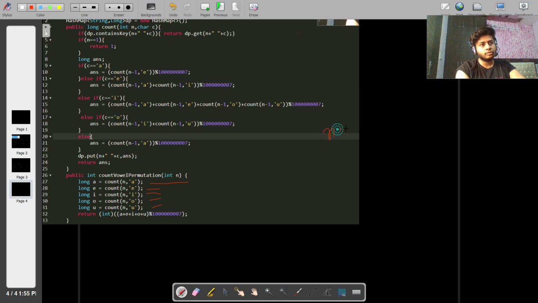So let's take n equals 2. For a, it will call for a and come into the recursion, and for a we put n minus 1 and call for e. A can only come with e. So it will call for e with n minus 1 and easily return 1. We take modulo for larger numbers and we add it to a.